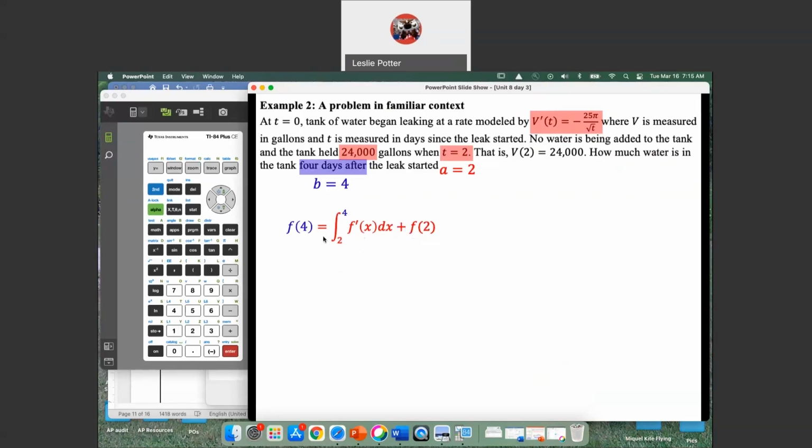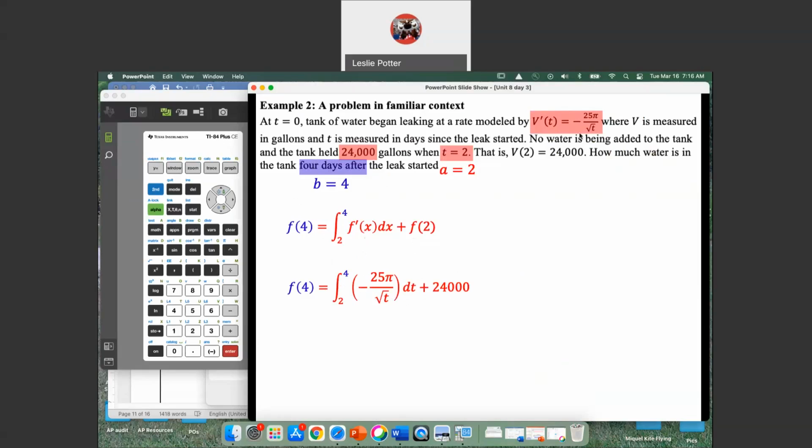So when we're writing this, and we're putting in this rate, we see that we have a negative sign here. So we know that with this negative sign, we will end up with a value of less than 24,000 gallons. And before I crank that out on the calculator,